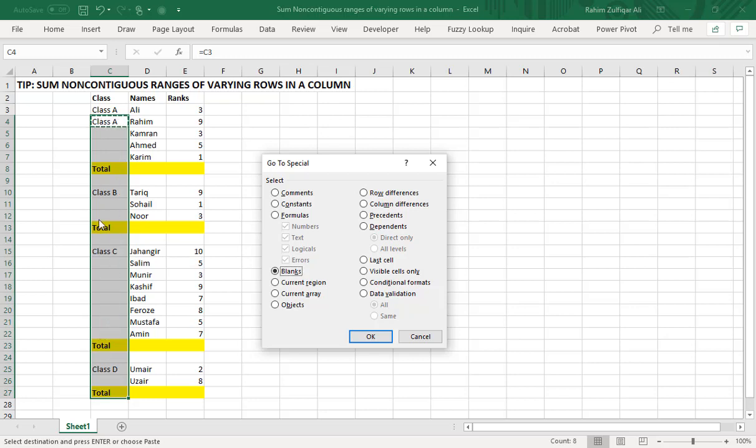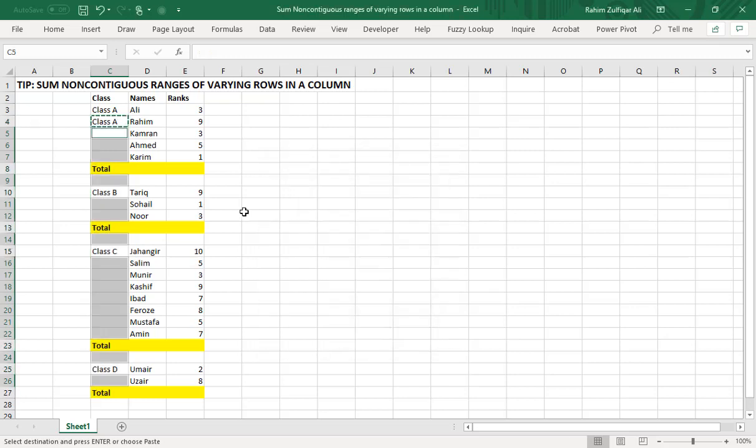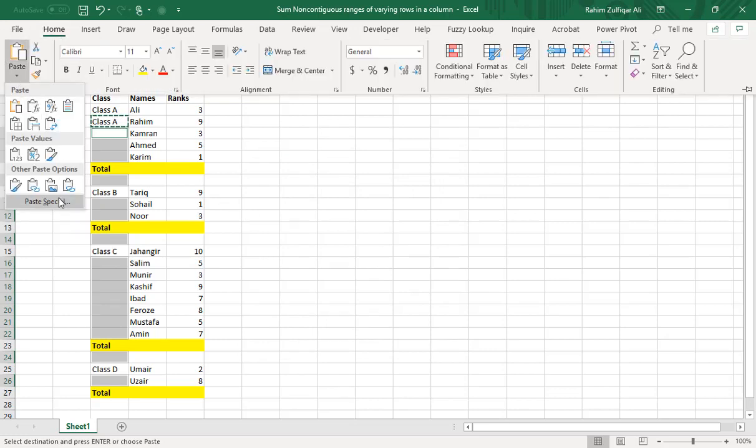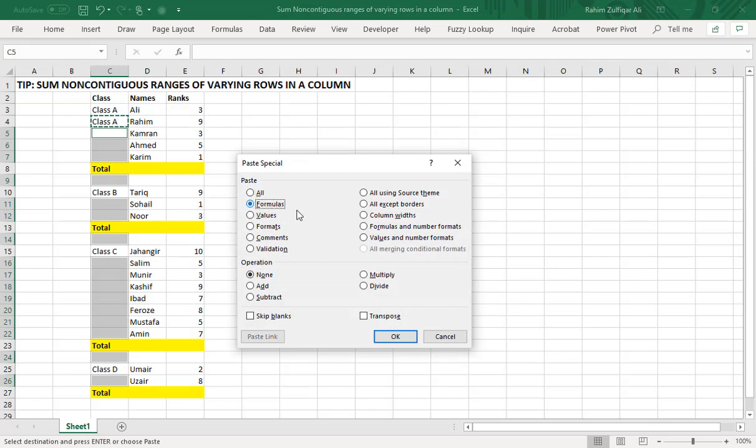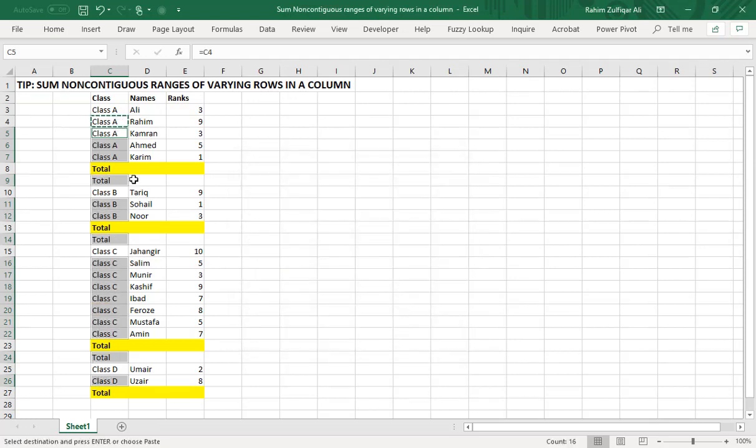I am filling the downward series, which will repeat every time the criteria changes. Having selected all the blanks, I go to the Home tab again, Paste Special, and click on Formulas, so the formulas are copied into the blank cells only. This is how I have filled the series downwards for each criteria when they are different.